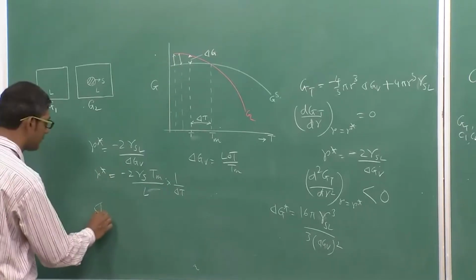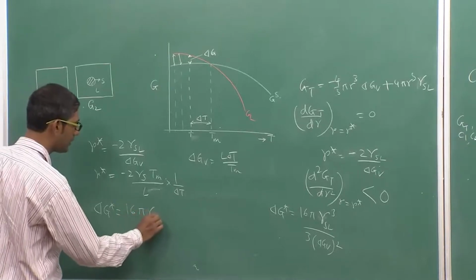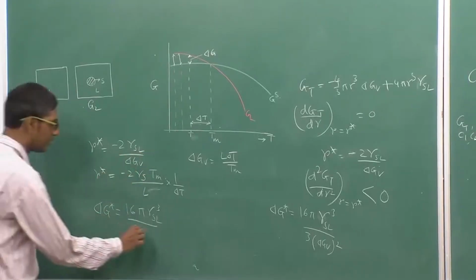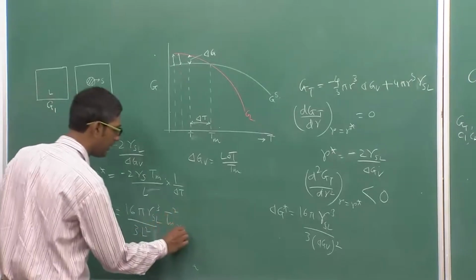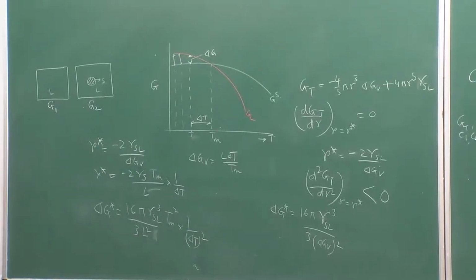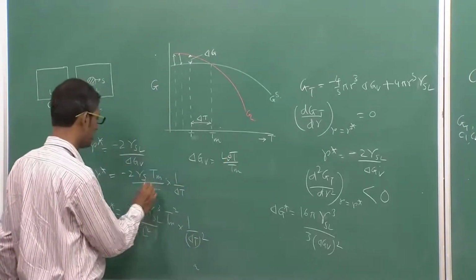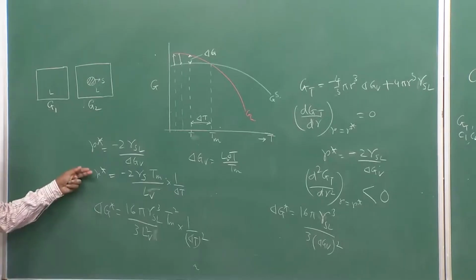Similarly, G star is equal to 16 pi gamma SL cubed divided by 3 delta GV square. So, therefore, this is L square delta T square over Tm square, that is, 1 by delta T square. So, if I know the undercooling, if I know the melting temperature and the latent heat, this latent heat is basically per unit volume. That is why it is better to write volume, remember that this is not per mole, this is per volume. So, if I know the delta T undercooling for a particular experiment, I can calculate what is the R star, what is G star.